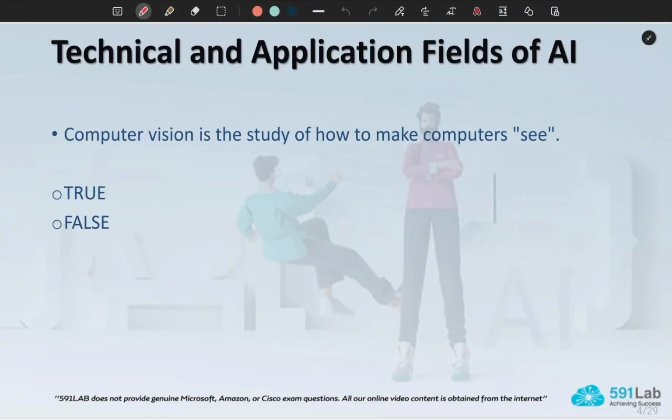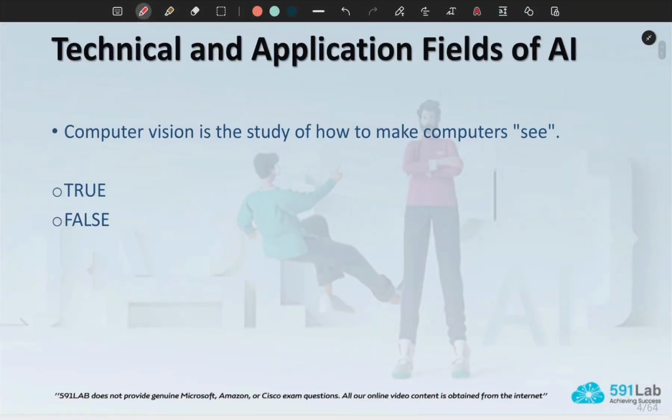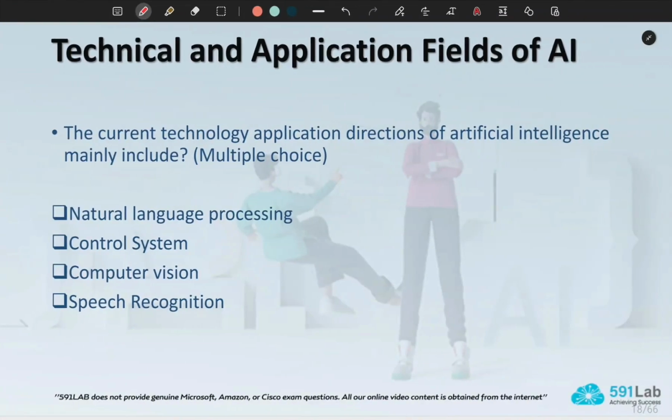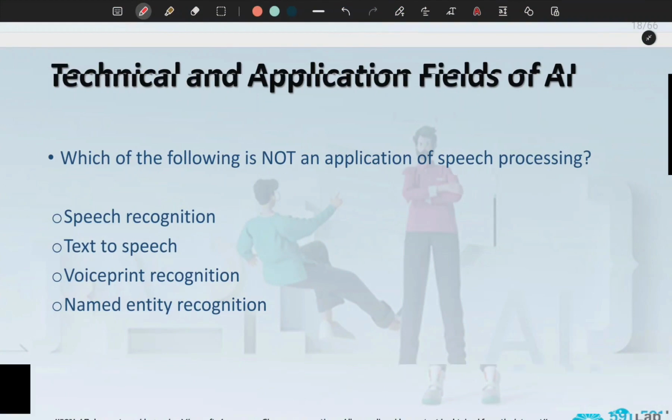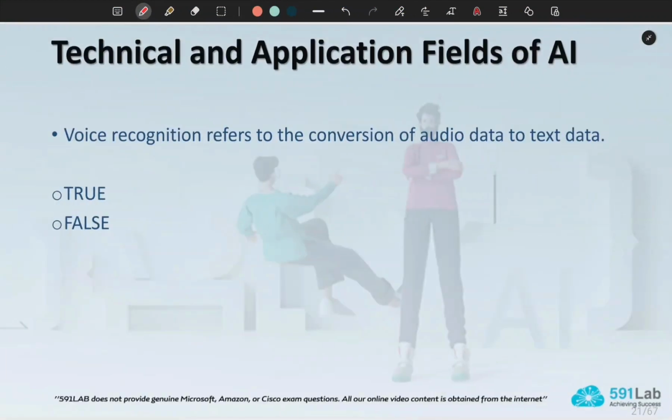Let's start with the first question. True or false? Computer vision is the study of how to make computers see. Let's answer some questions on the previous part. The current technology application directions of artificial intelligence mainly include which of the following is not an application of speech processing? The next question is true or false.